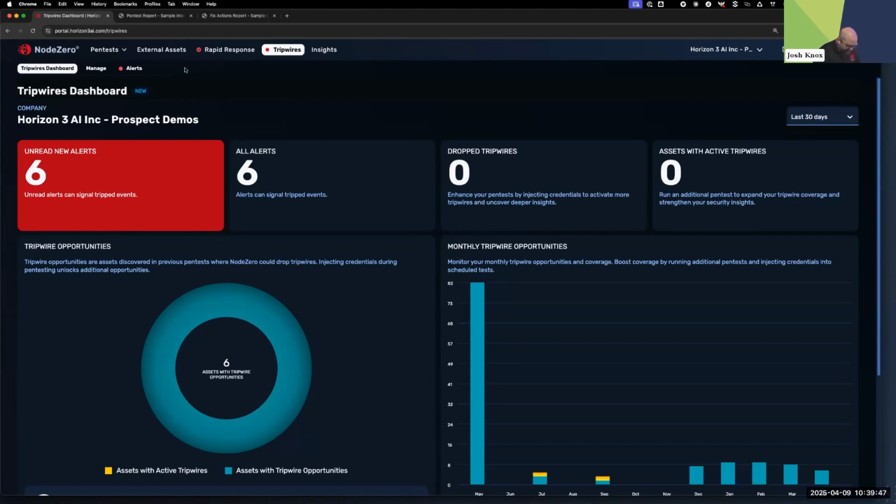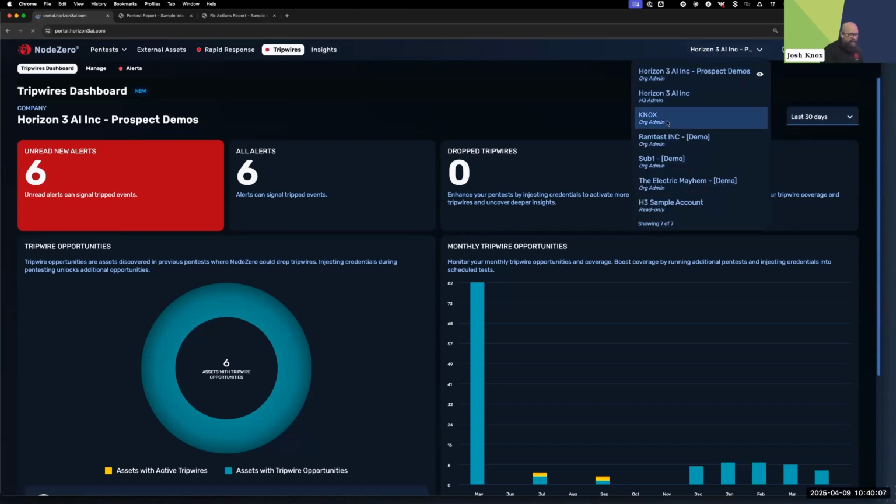And so that's another very good one. There may not even be any vulnerabilities on that machine, but an insider threat probably has credentials to get there legitimately. So if you have the tripwire, you'll know if somebody's rummaging around and picking up things they shouldn't be picking up. The last one I'll show, I'm going to flip to my org,